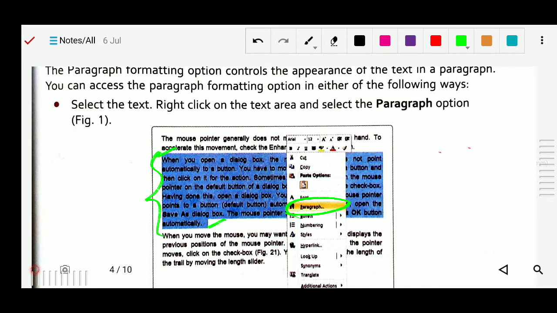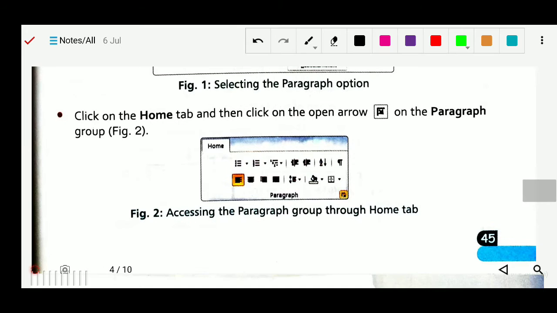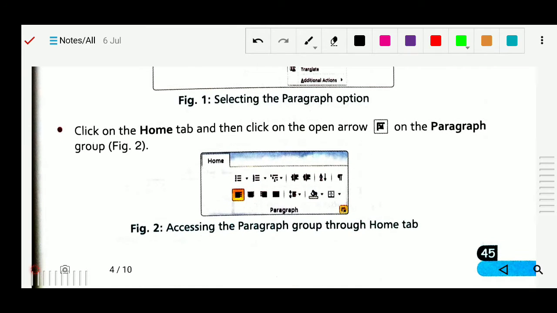The second method is that first of all you have to select the text. After selecting the text, in the Home tab there is a small arrow. This is called the paragraph group. In the paragraph group you can see the paragraph option. So in the Home tab you have to click on this arrow.